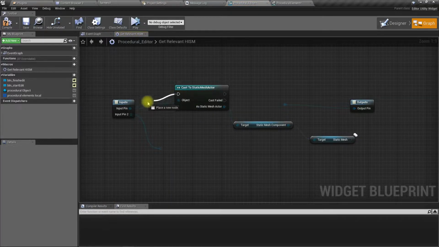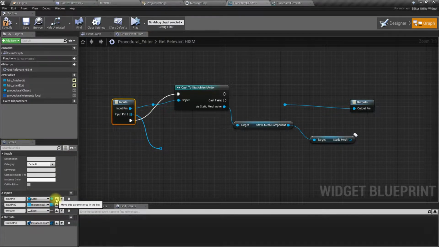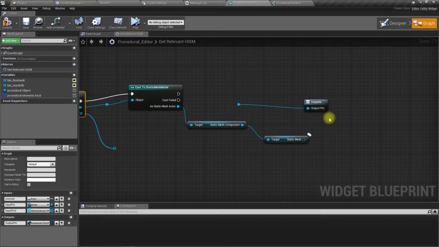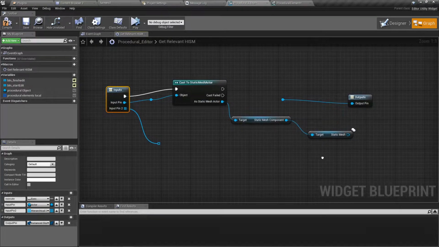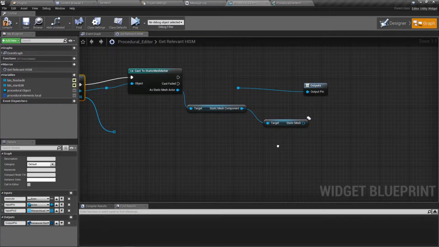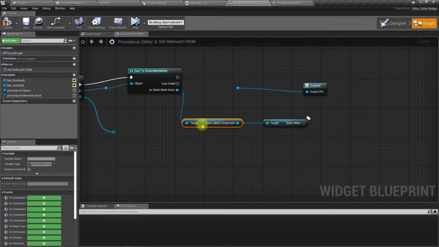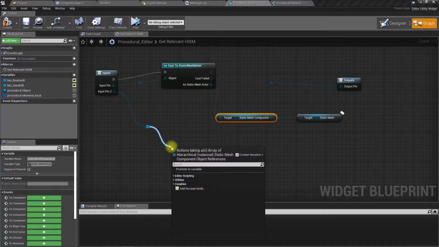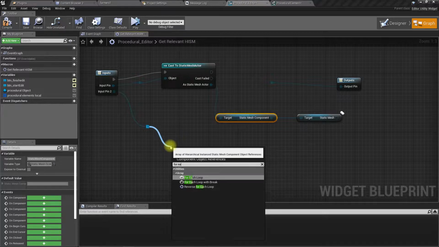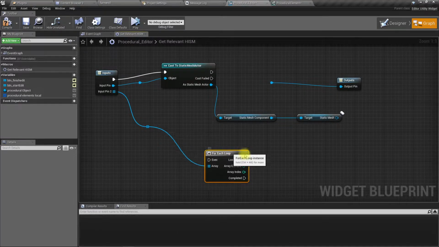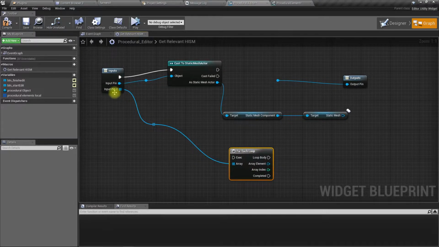It's okay, we can do it like this. Okay, and then for each element in this array